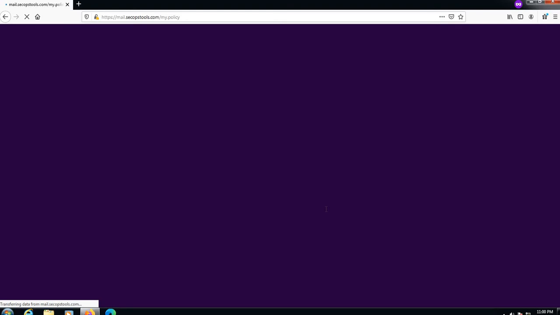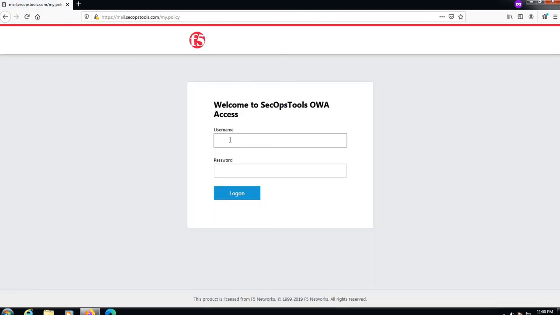Yes. So put the username. Once we log on, it should directly show the mailbox of the user, if our config is okay. So let's see.